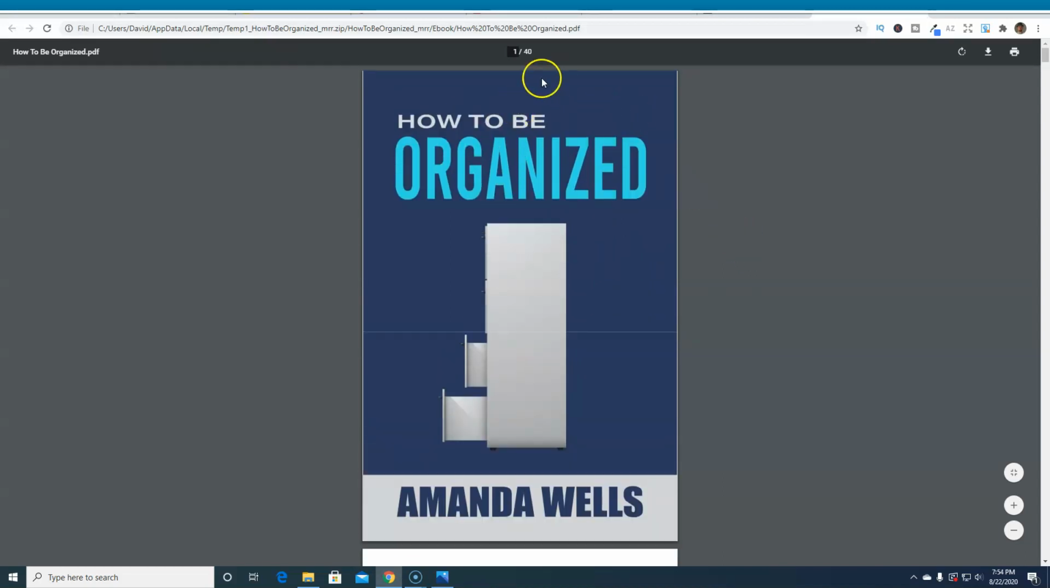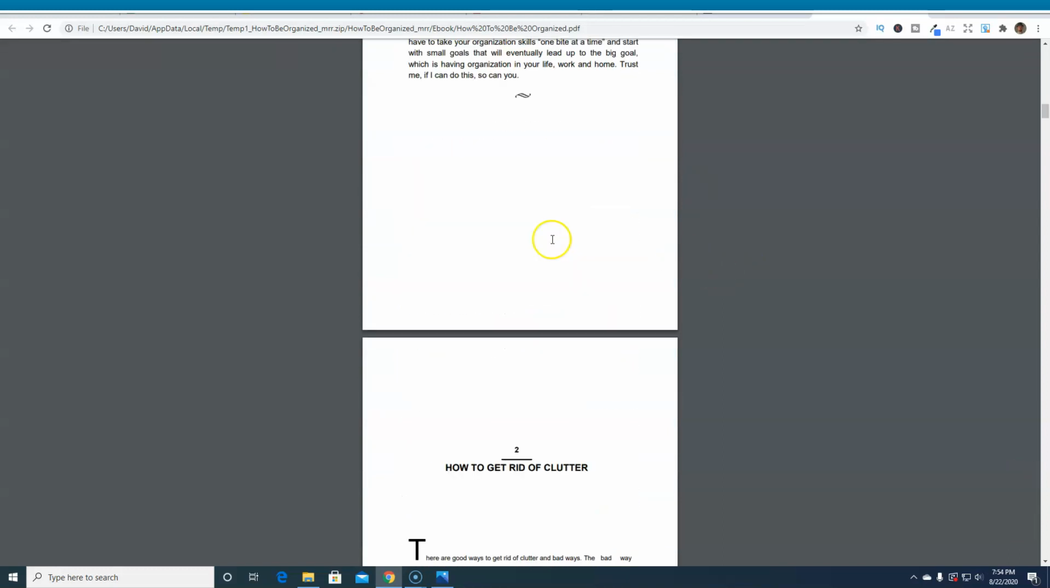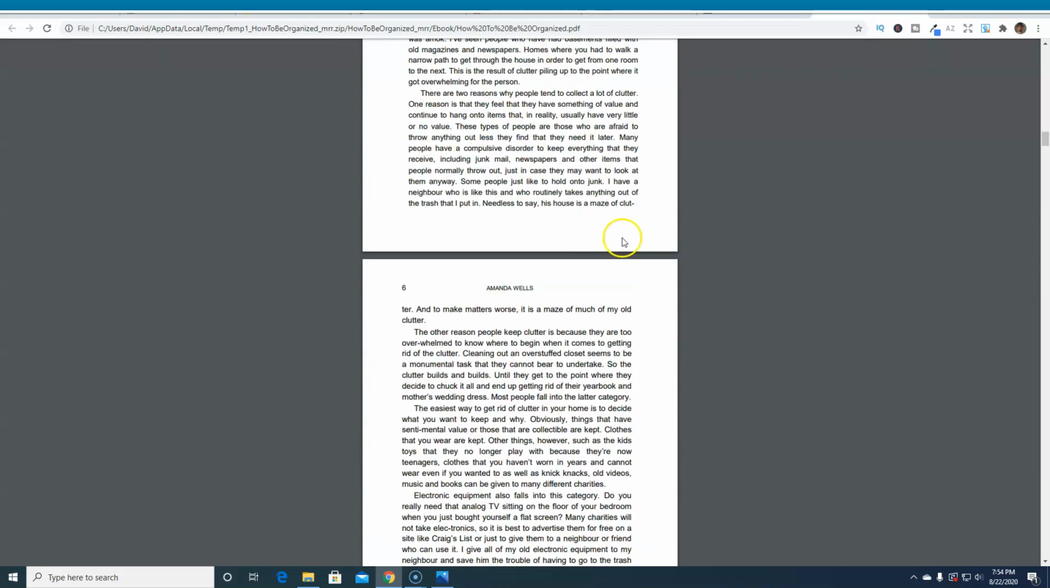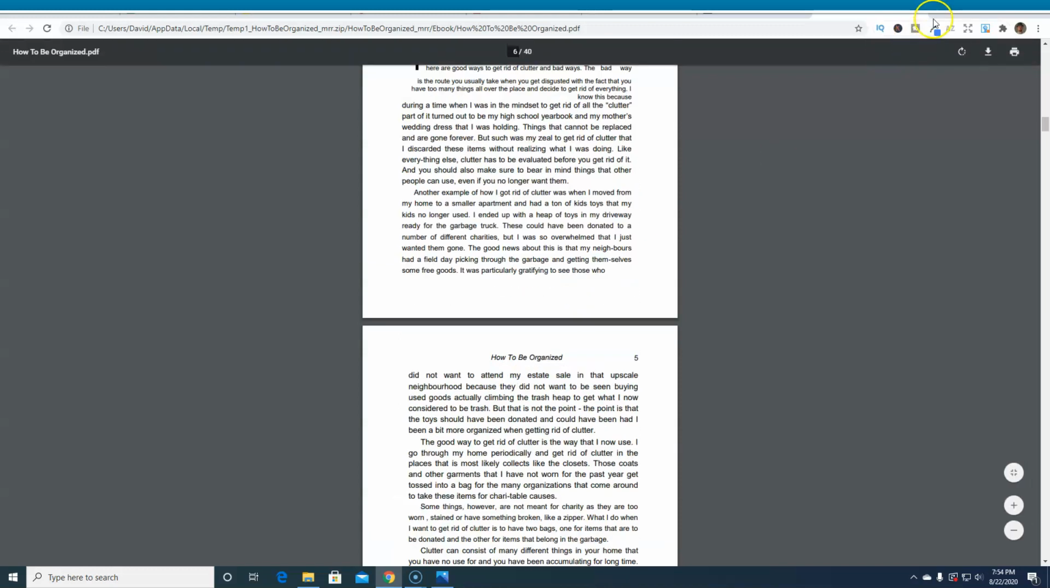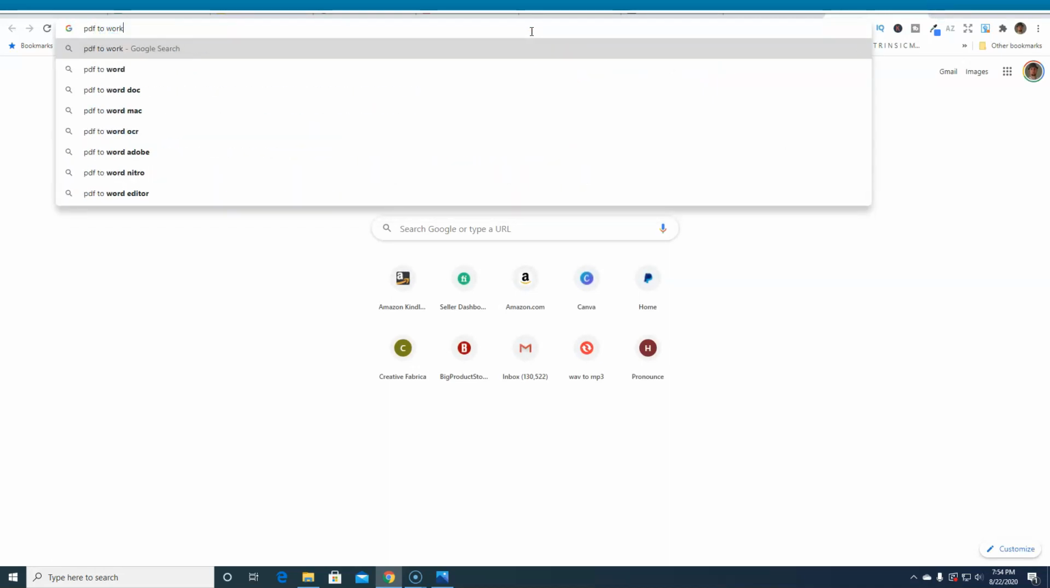And so you're going to look at it. I like to see that there's 40 pages, so it's going to be a decent sized ebook. I like to download this, or even go over to Google and type in PDF to Word, and you can